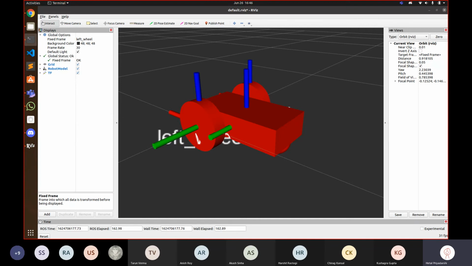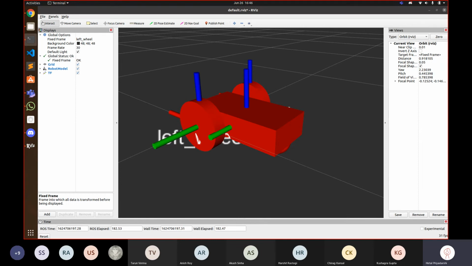Just remember you had different coordinate frames, right? And you had those formulas which told you how to transform acceleration, how to transform velocities between different frames, right? So basically a robot is not one frame.